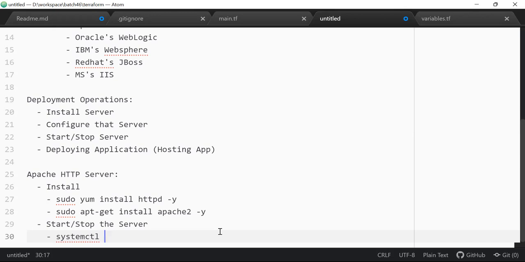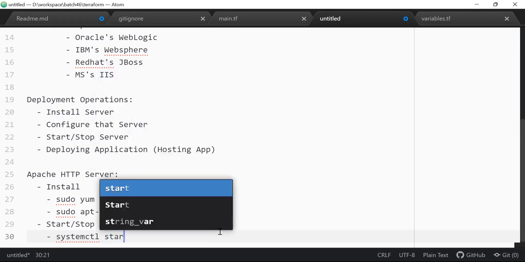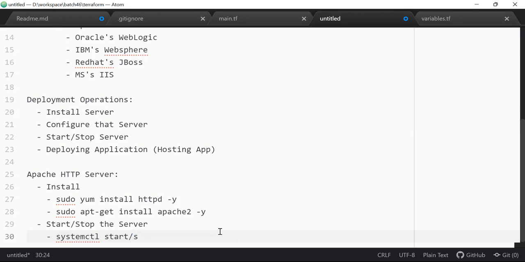Systemctl. And which operation do you want to perform? Do you want to perform the start operation or stop the server, or do you want to restart the server, or do you want to enable the service? Enabling in the sense,